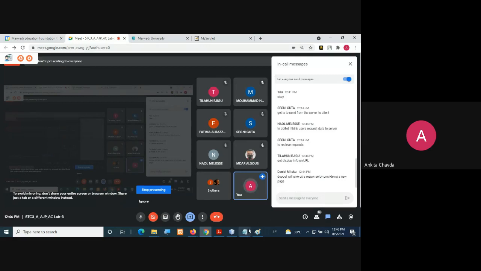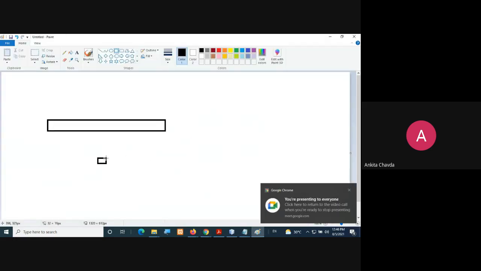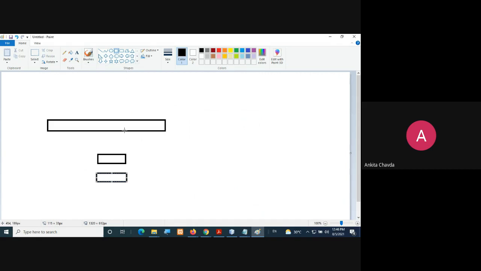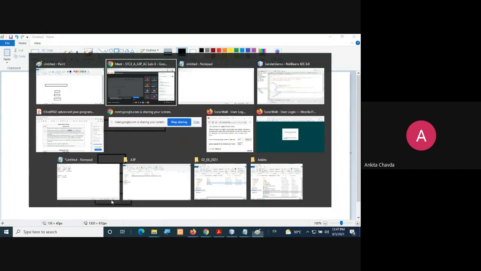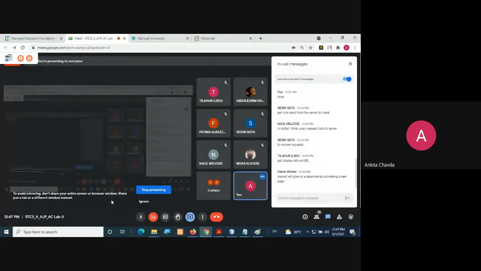Suppose I am providing two text boxes, and the user needs to write two numbers like 5 and 10. The servlet just needs to add this information, and in another text box it will show the result of the addition of these two numbers, maybe. So that is the kind of application we have. I hope somehow it is clear what we are going to do. Okay, fine. Say yes or no at least.